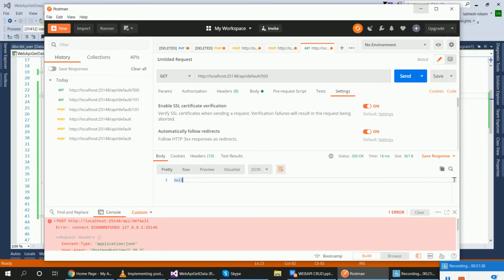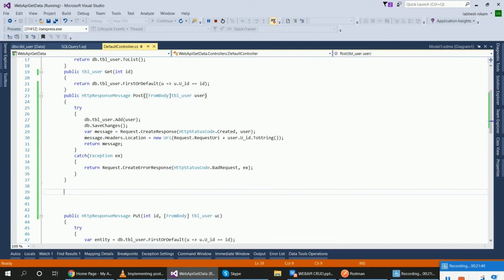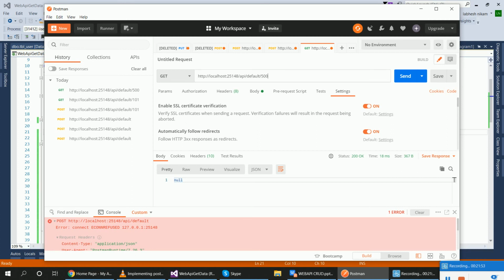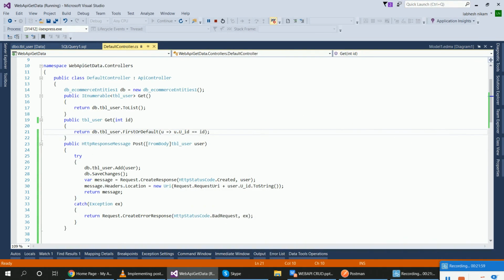So our program is completed here, but inside of get, why does this get method not display our message? Because this get method has no exception programming. So now we will do the exception programming here.